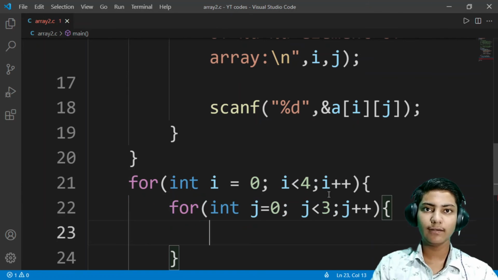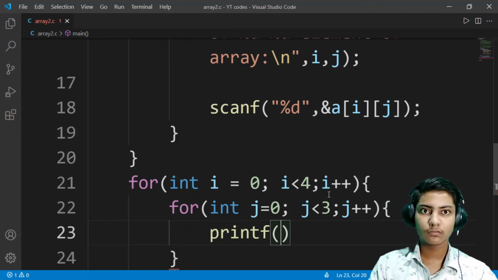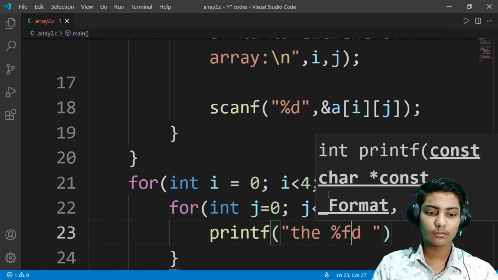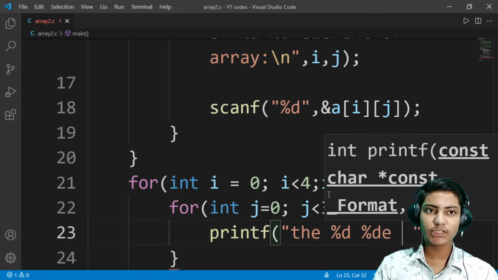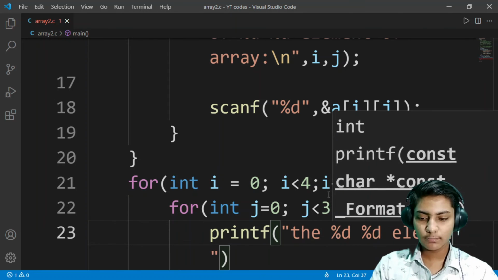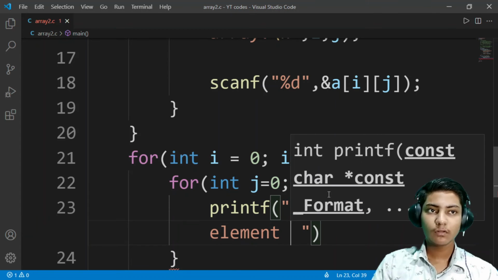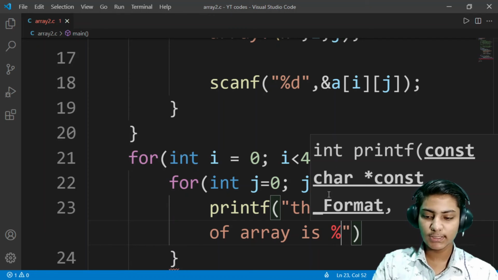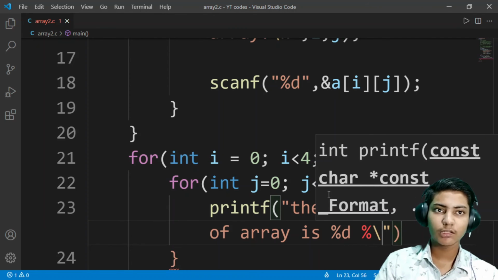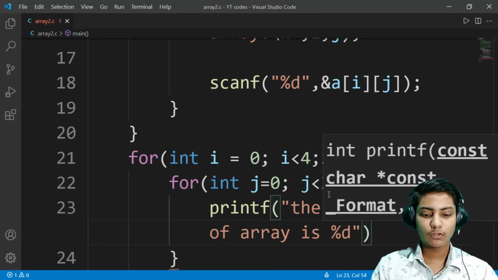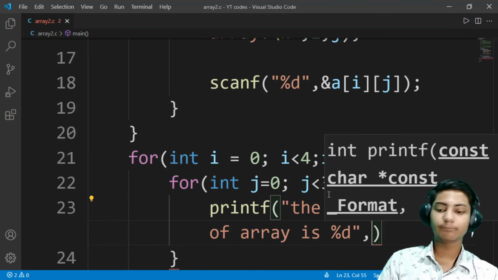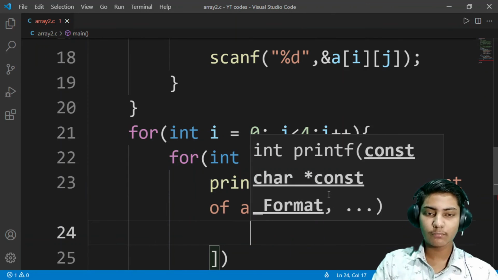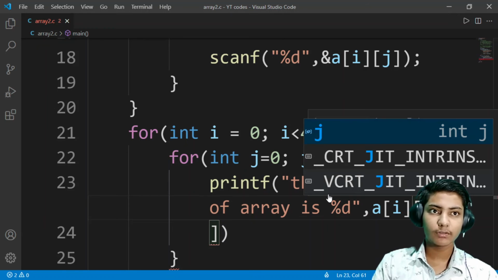Now inside the second loop, printf "%d %d element of array is %d", comma, a, square bracket i and square bracket j.